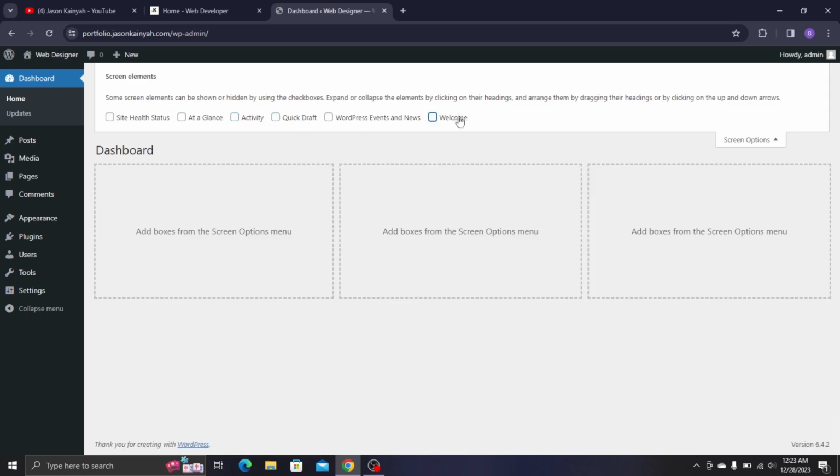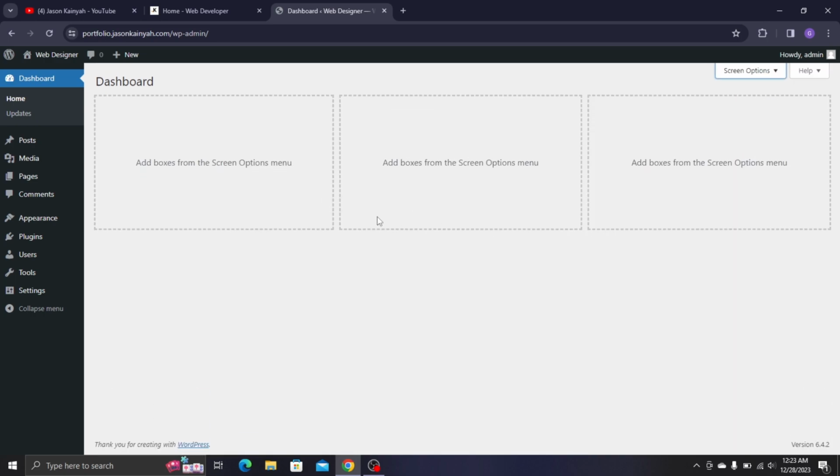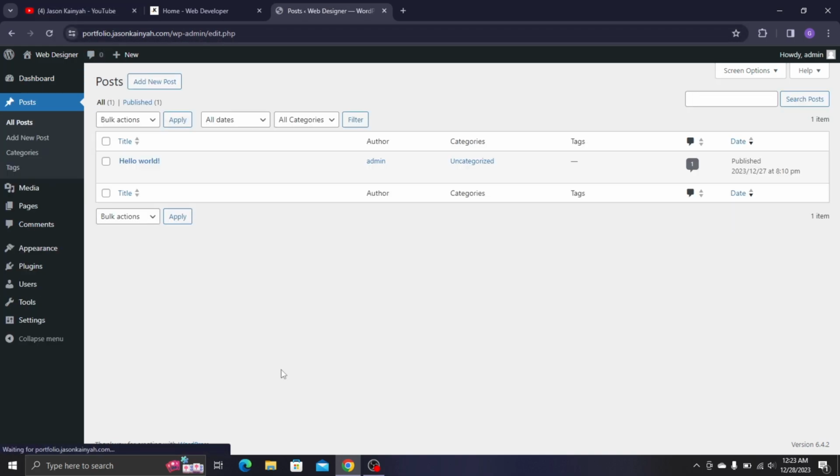And check everything, so that our dashboard is going to look much more clean and not confusing to us. So let's go through this real quick. Post. Any blog post or any post that you make on your website, this is where you are going to add a new post, and this is where it's going to show up. So you can even add post categories and post tags from here. So as you can see, hello world is sort of like this dummy post that was created for you. It's there by default. You don't really need to use it, but this is basically what the post section is